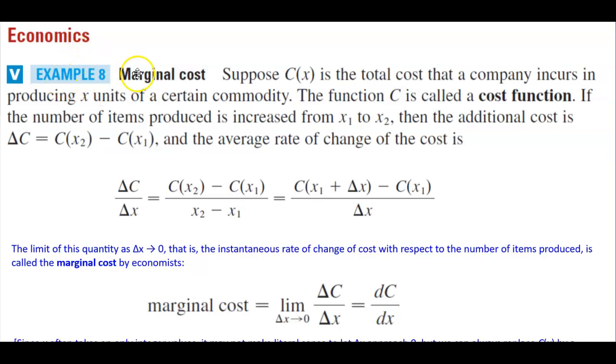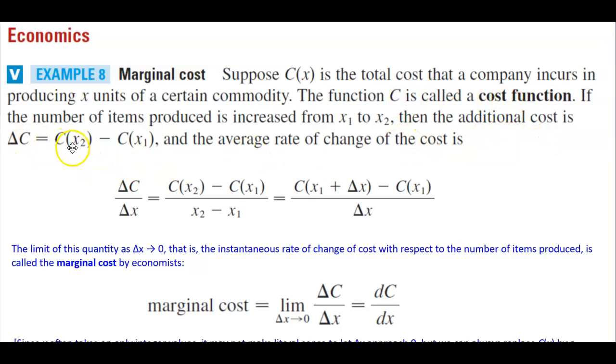Economics, example 8, marginal cost. Suppose C of X is the total cost that a company incurs in producing X units of a certain commodity. The function C is called a cost function. If the number of items produced is increased from X1 to X2, then the additional cost is the change of C, which is equal to C of X2 minus C of X1,